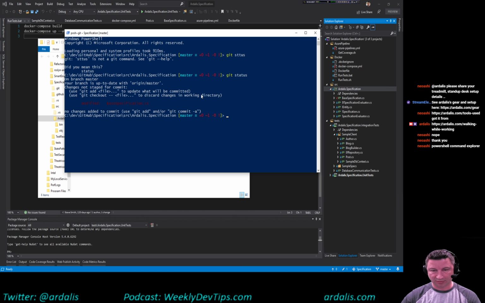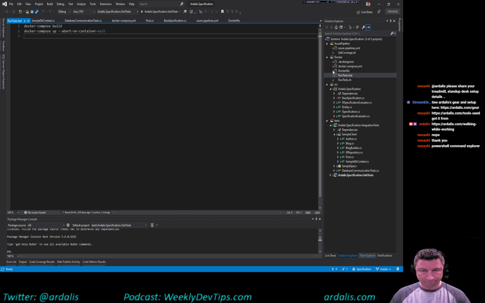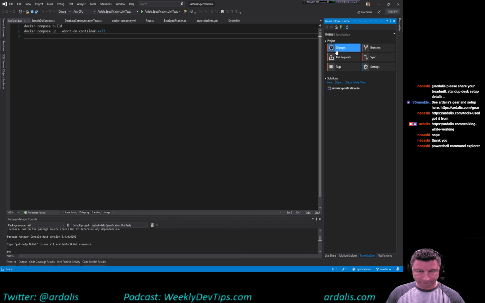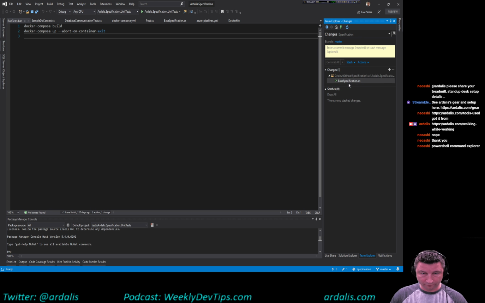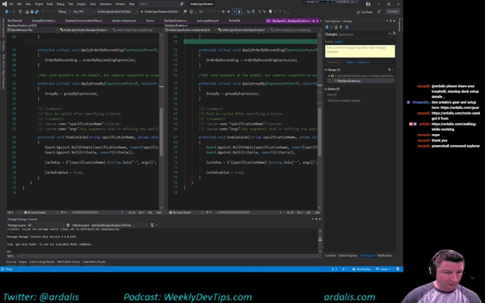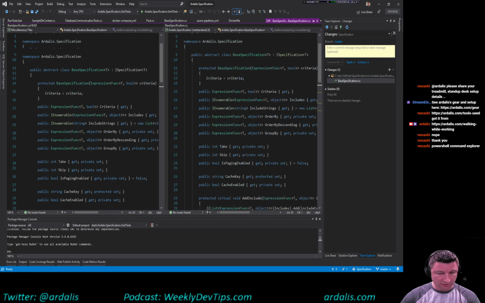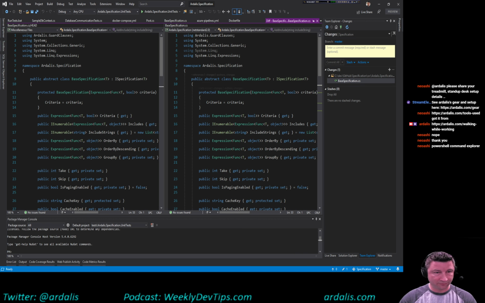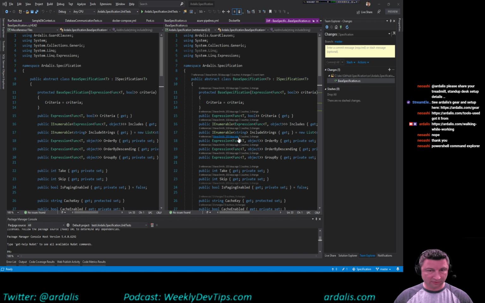PowerShell Command Explorer. Is that a Visual Studio add-in? Alright, what did I change here? I haven't touched this in a while. Oh, well, that looks like some very important white space that I changed. Alright. Well, we'll leave that alone for now. Let me go pull up my